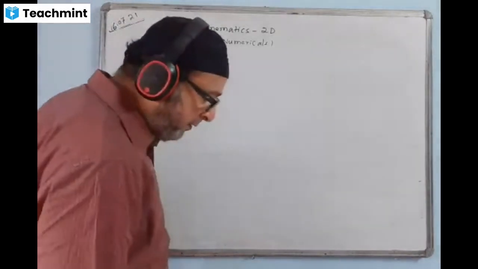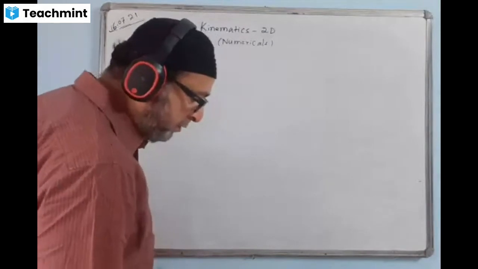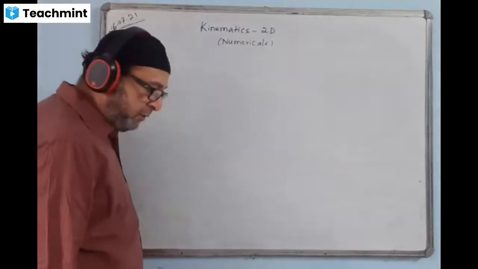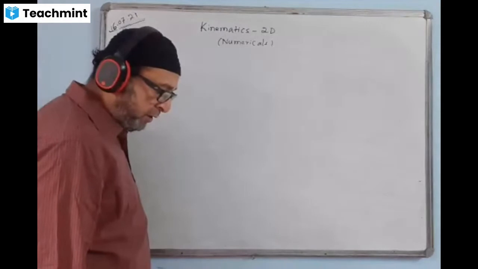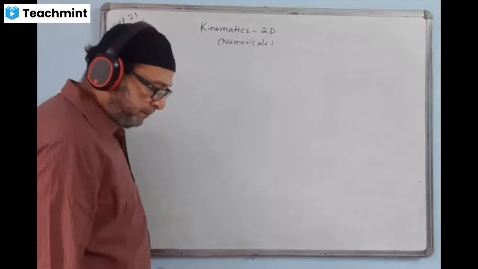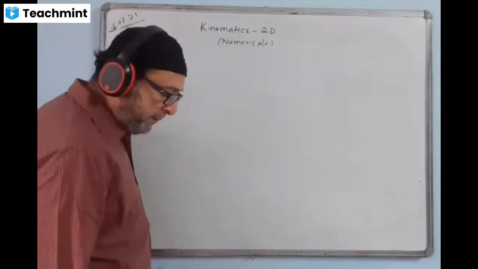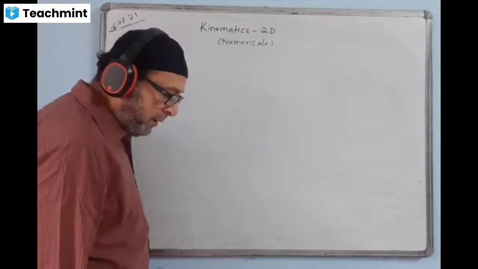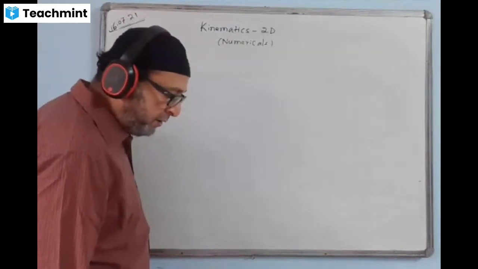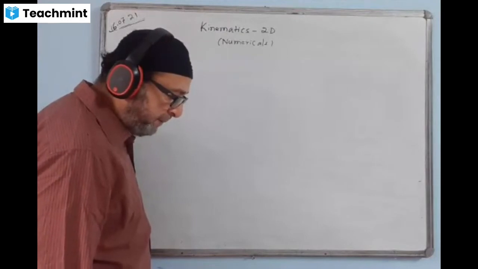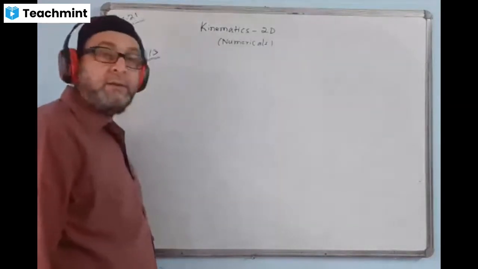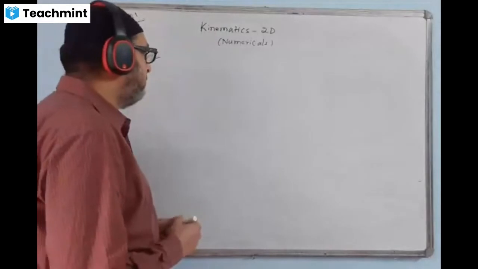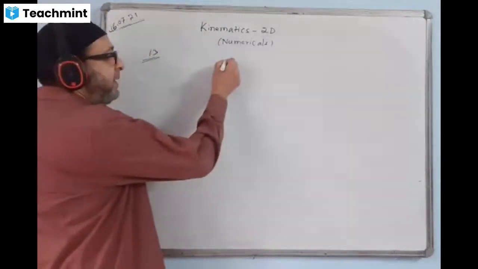Along a horizontal level, 300 meter above the ground, wishes to bomb a tank traveling at 30 kilometer per hour in the same direction on the ground. How many seconds before he is directly above the tank must he release the bomb, and what must be the distance measured in the horizontal direction separating the plane and the tank? Okay. This question we'll do like this. This is a similar type.